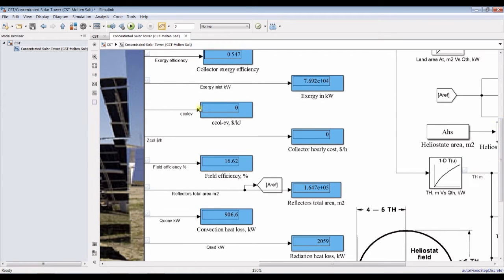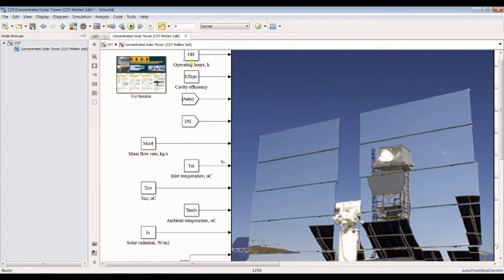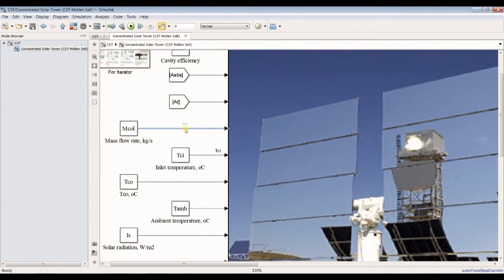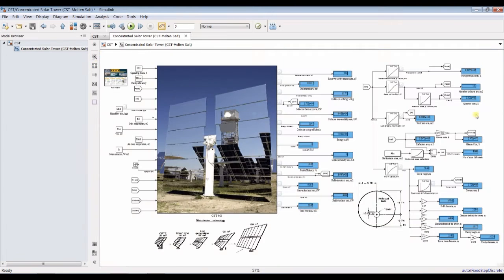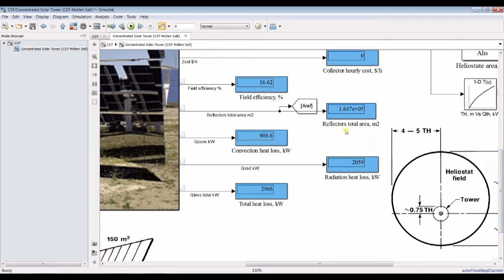This cost stream is responsible for exergy economic analysis if you would like to add it, but it is not of interest here now. Don't forget our inputs; you can check them from here. You can add this one right here, mass flow rate, in kilogram per second. Now these are results: field efficiency, reflector total area, convection heat loss,